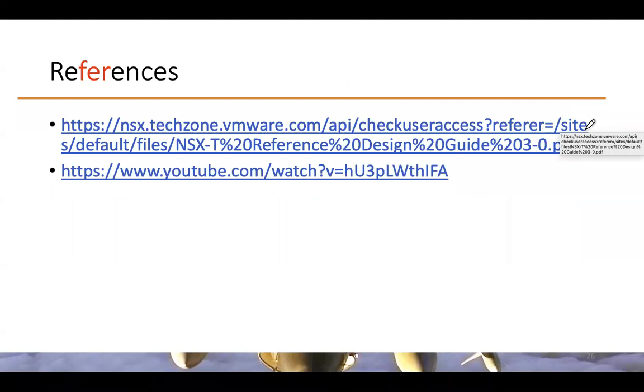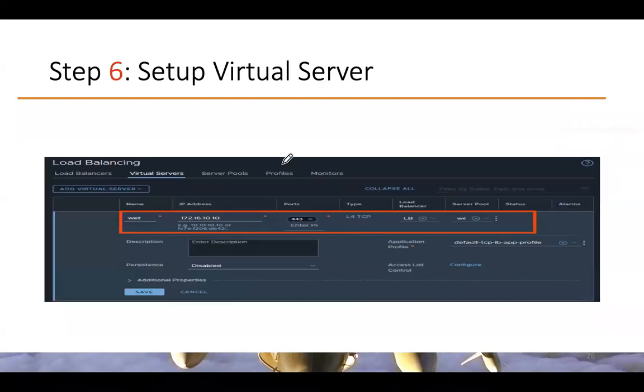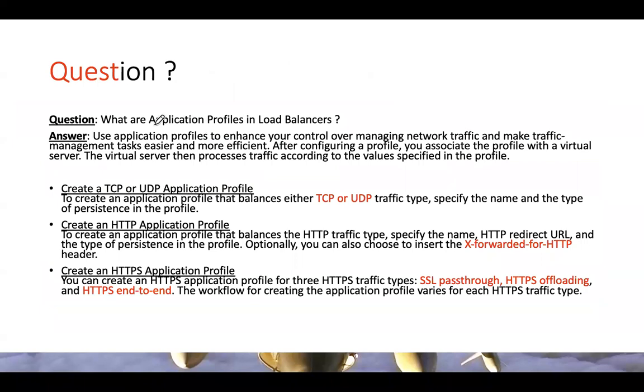Before we wrap up, I would like to discuss some profiles as well. If you have worked on other load balancing solutions like F5 or NetScalers, other than just doing normal load balancing, we can ask our load balancers to customize the load balancing traffic. That's why we use application profiles. We can create TCP, UDP application profiles. We can create HTTP or HTTPS based application profiles with the NSX solution, where we can configure HTTPS based offloading and SSL pass-through,